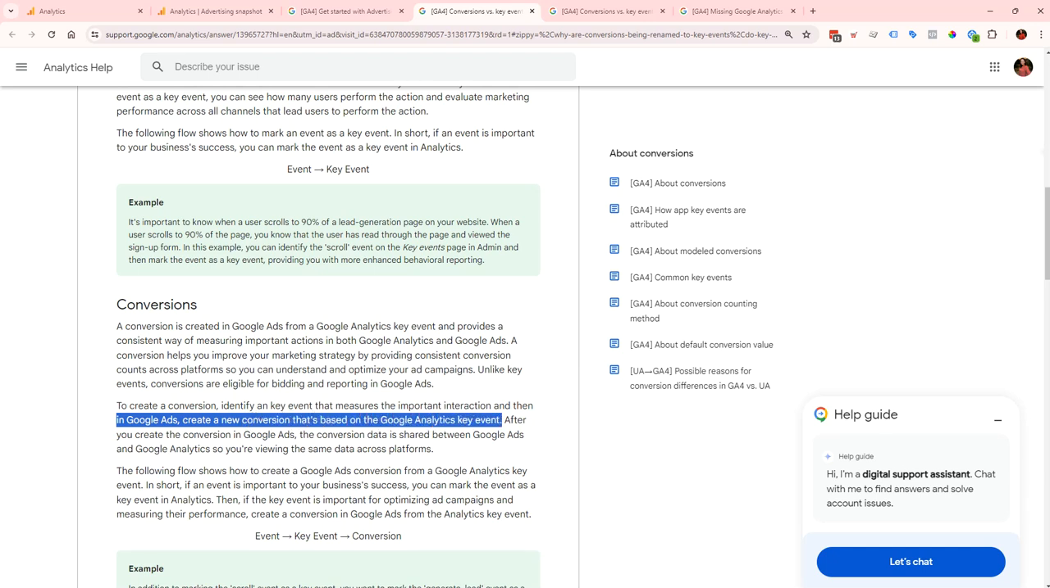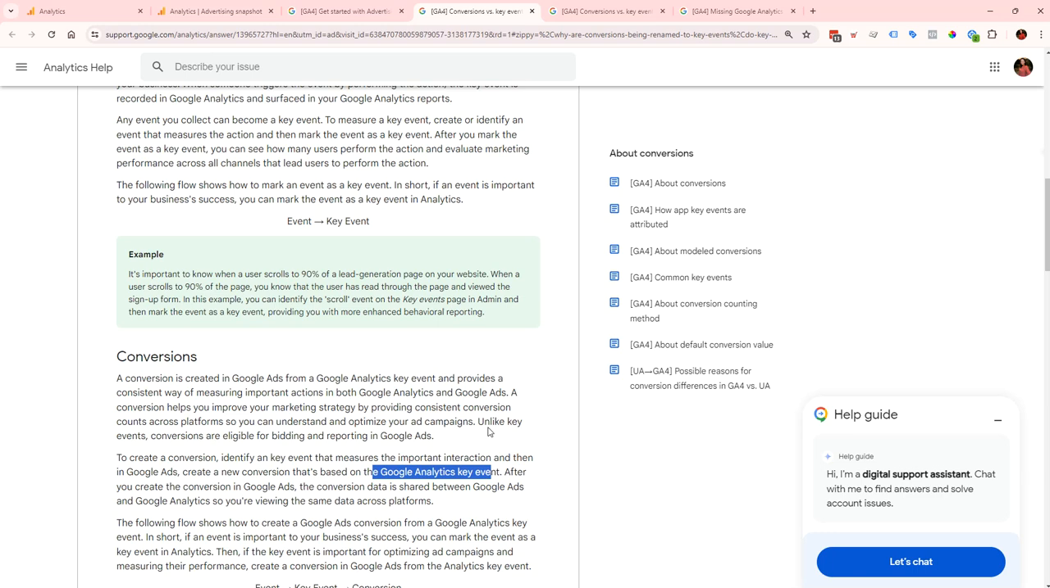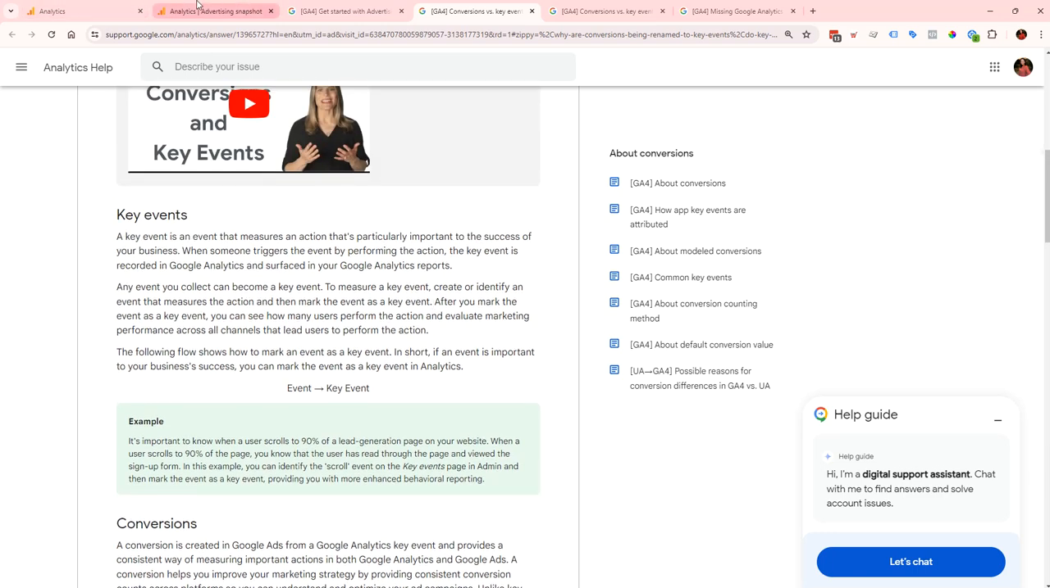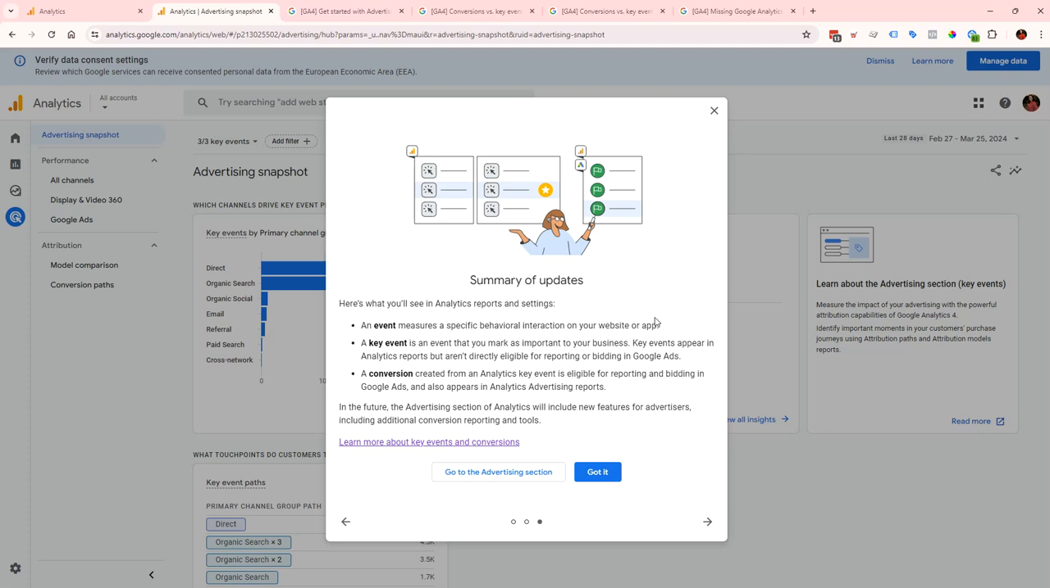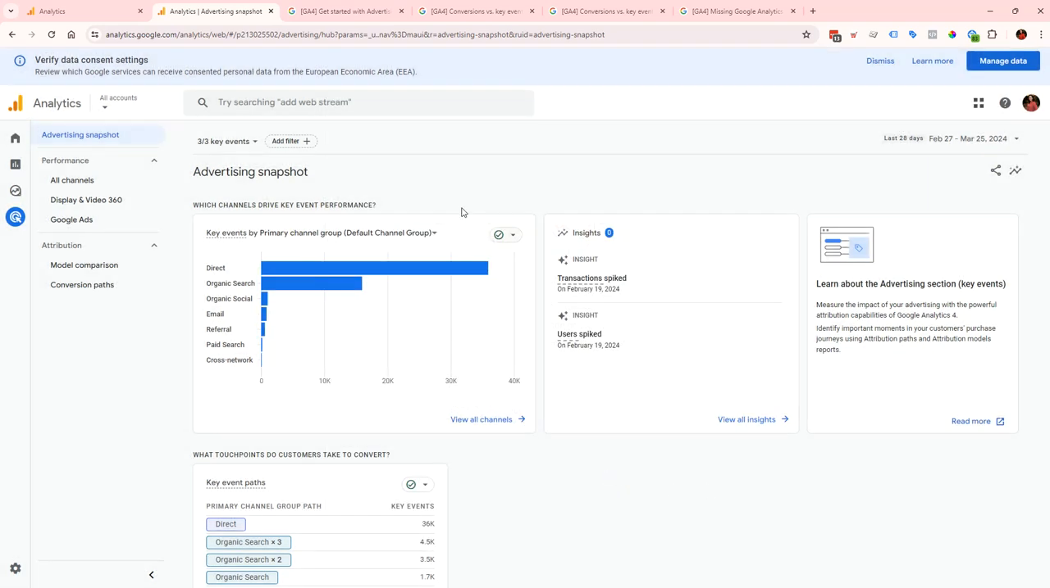So it is a piece that you need to make sure is set up on the Google Ad side, as well as the Google Analytics side. So that's just something we want to make sure we understand, because that's going to make your reports correlate better, and then obviously you're going to be able to utilize that much better inside of Google Ads. All right, going to go ahead and click on the little got it for now, and